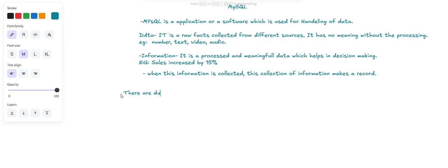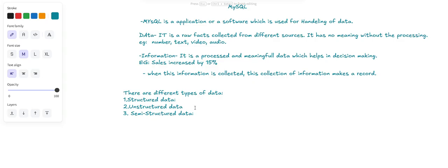There are different types of data, of which the first one is structured data, the second one is unstructured data, and the third one is semi-structured data.